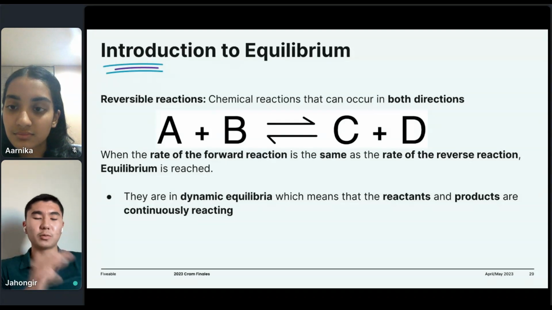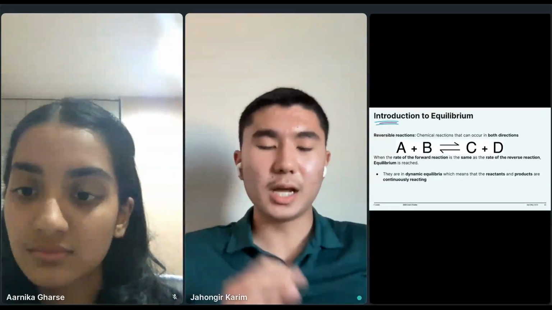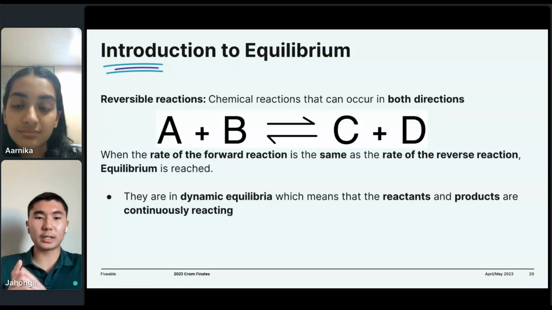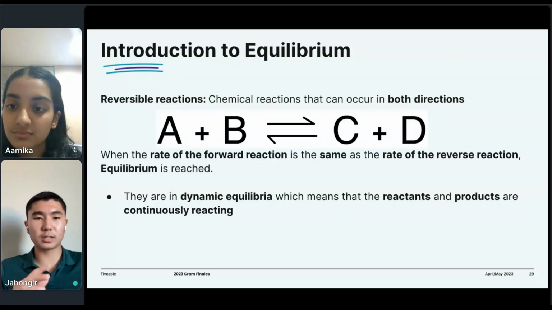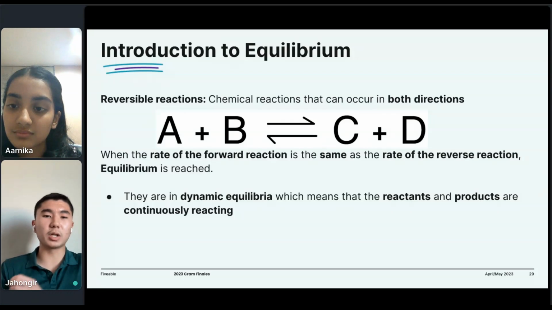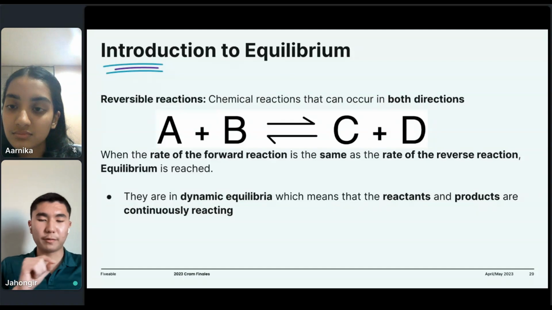And that's when it was in equilibrium. But in AP chemistry, equilibrium is when we identify our reversible reactions, and a reversible reaction is just when chemical reactions can occur in both directions. So you can see that we have this formula over here. We have A plus B, and it can go in both directions, and our products are C plus D. And equilibrium is reached when the rate of the forward reaction is the same as the rate of the